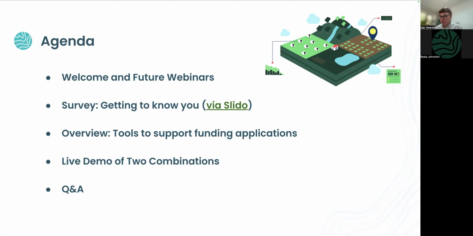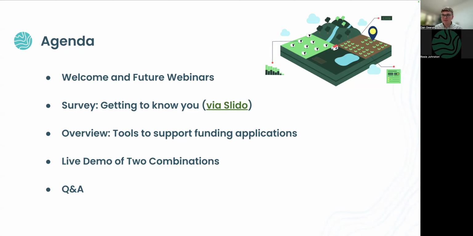Then I'm going to spend most of the day on 2 main things. One is giving you an overview of the different tools that we have in Land App that can support you with funding applications. That includes both grant schemes, predominantly in England but grant schemes more generally, and also some other more private funded focused workflows as well. So how do you start preparing for what is hopefully the private sector getting more involved in financing or providing revenue streams to you as landowners, land managers, or land advisors?